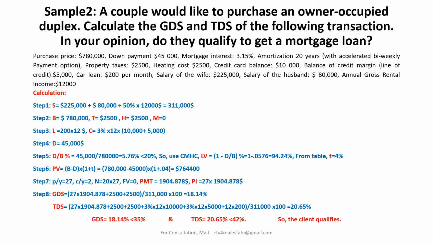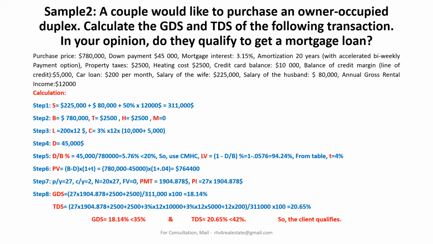Calculate the GDS and TDS of the following transaction. In your opinion, do they qualify to get a mortgage loan? Purchase price, $780,000, down payment $45,000, mortgage interest, 3.15%, amortization 20 years. With accelerated biweekly payment option, property taxes, $2,500, heating cost $2,500, credit card balance, $10,000, balance of credit margin, line